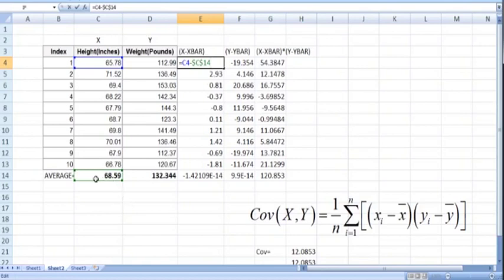And remember that since we have to subtract this mean, which is 68.59, from each of these x values, we need to use the dollar signs. So a dollar before the column heading, that is $C, and a dollar before the row heading, $14. So $C$14 will fix this number in cell C14, and that's it. So this is x minus x bar, copy it down throughout. So C5 minus C14, and here in the end we have C13 minus C14.